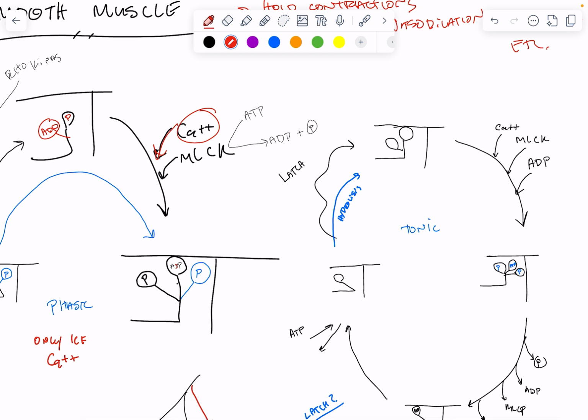So something called calmodulin, which is kind of interesting. Anyway, it has this little binding site right here. And normally this tail goes right here, but because of calcium, calcium is going to come in and unbind calmodulin from itself, which is going to be able to make MLCK active. And when MLCK is active,